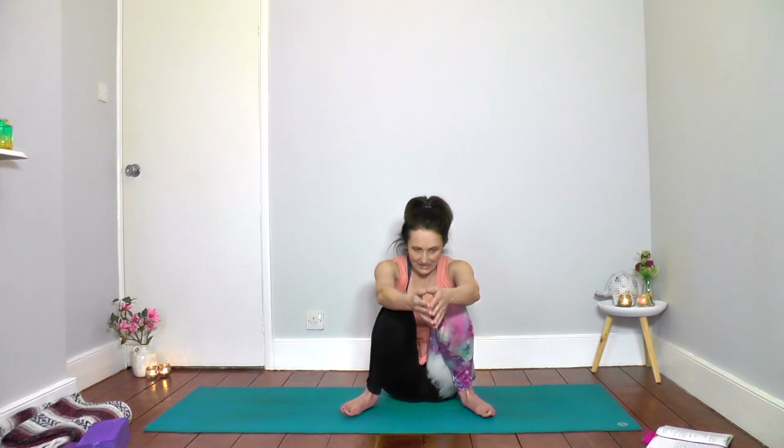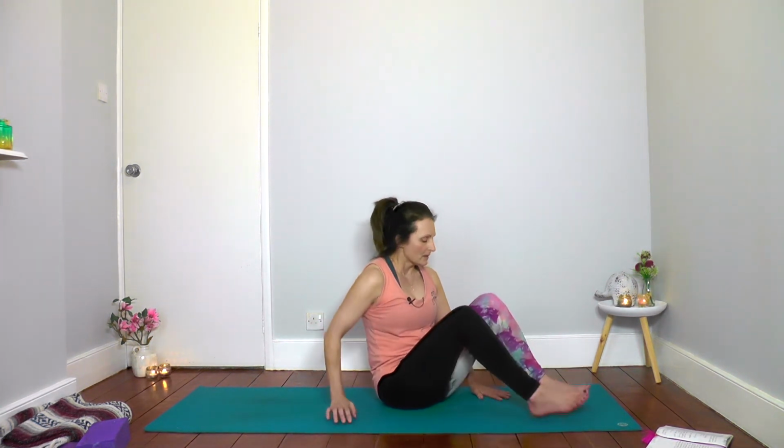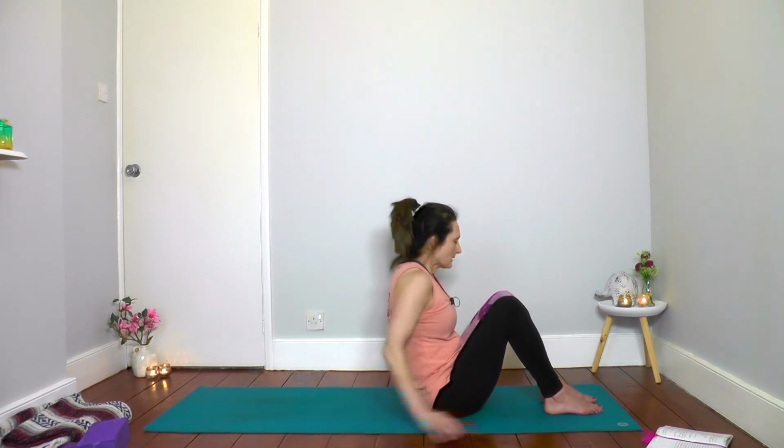Make our way down to the floor. Bring the feet out quite wide, heels turned in, palms to the chest. And we'll come down into Malasana. Another great hip opening pose. Back to the arms or into the inner knees. Really press them open. Sit bones descend and the chest lifts. Just close the eyes here. And then you can just bring the seat down to the floor. So we'll release down to the floor